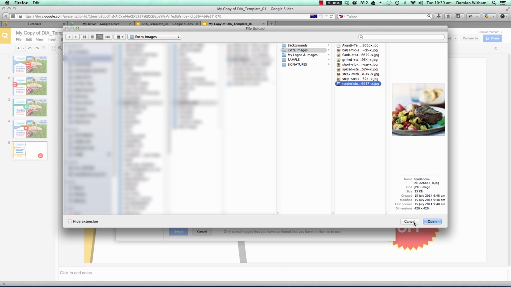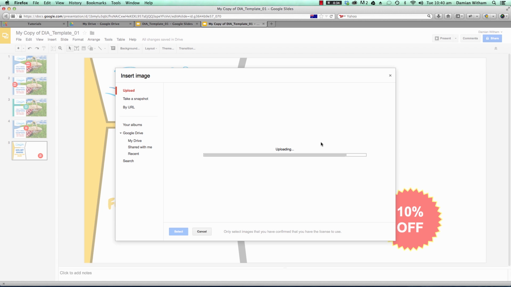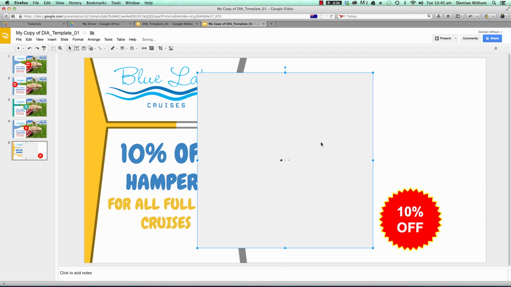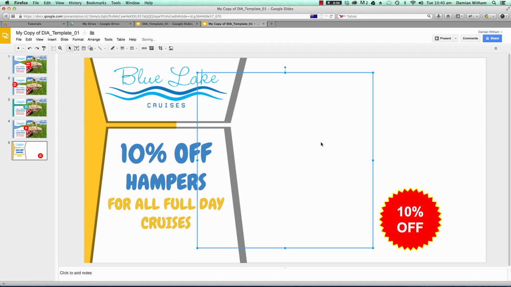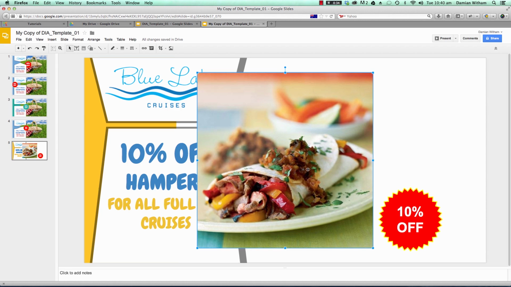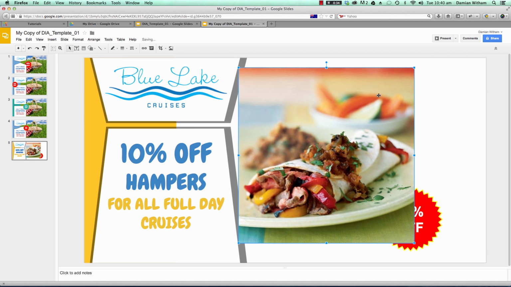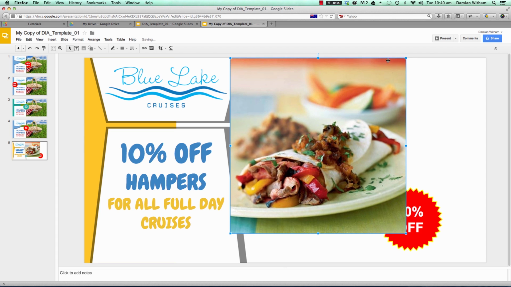You need to navigate to your image library, which hopefully you've prepared beforehand. Okay, so there's our image. Now what we want to do is make it the same size as the canvas, so you'll see it snap into place there. Now we want to get it all the way over to that side,